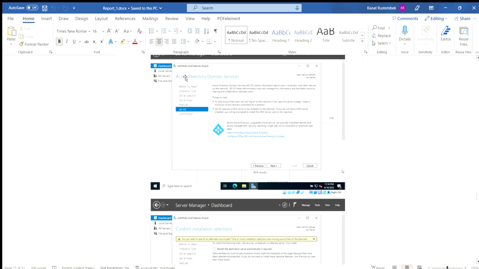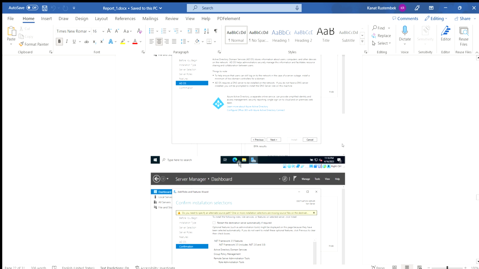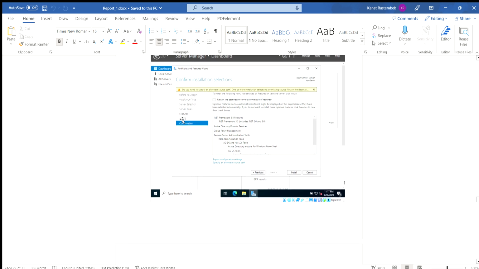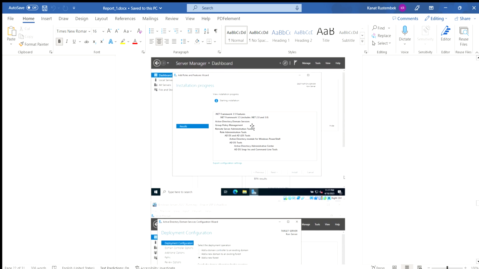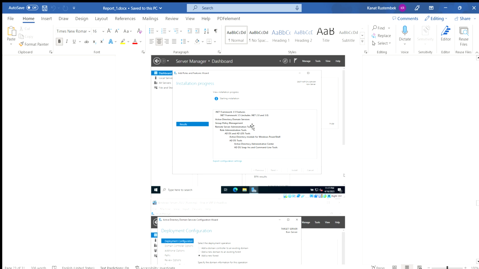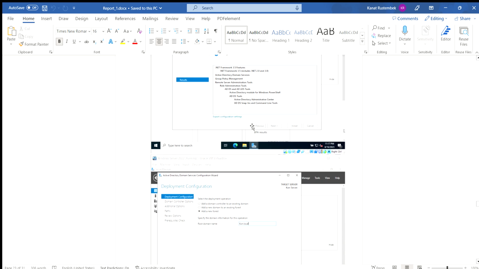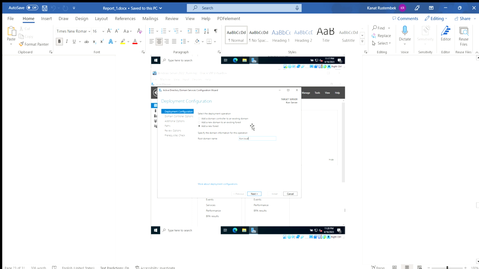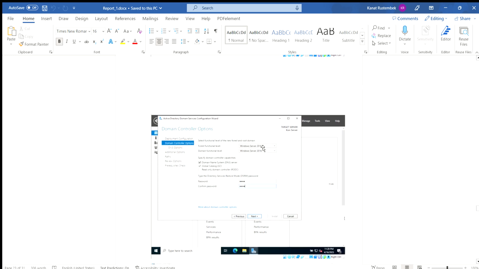and this is Active Directory Domain Services, Next. After that, for confirmation we click Install, and it will install all the things that we chose and create an Active Directory. The next step is to configure our deployment. As we don't have any domain, we add a new forest and its name will be con.local. Then Next,